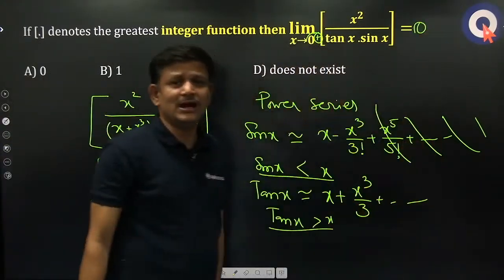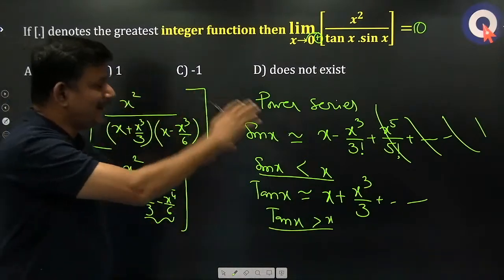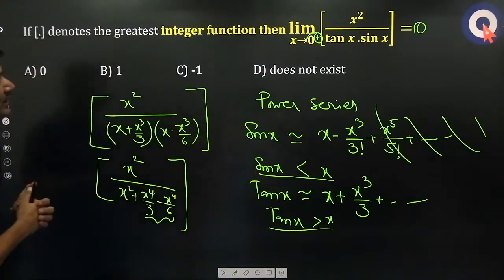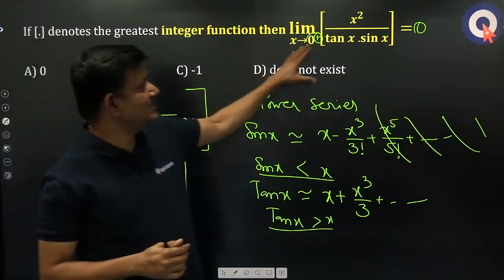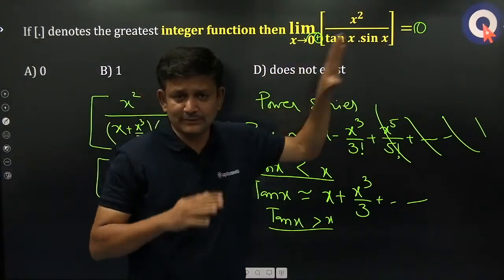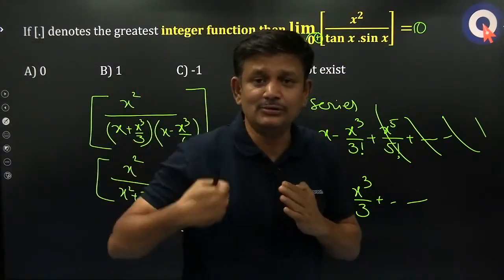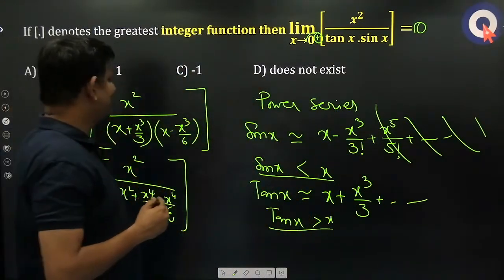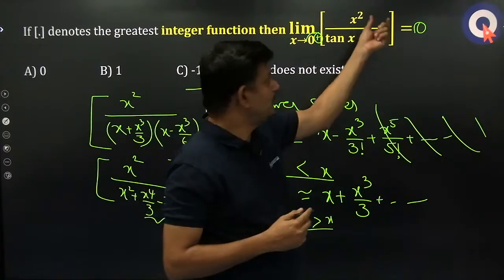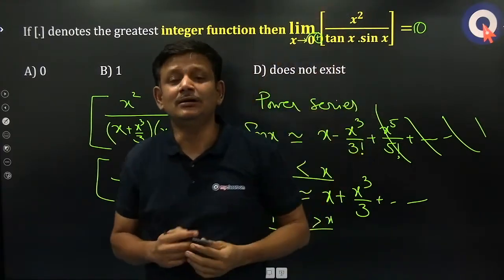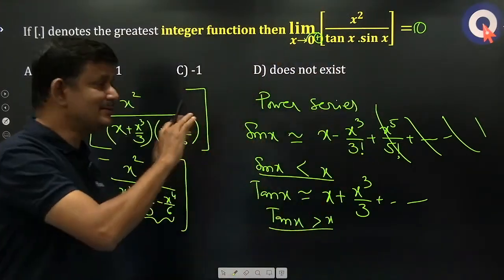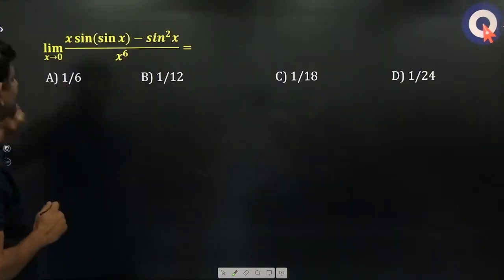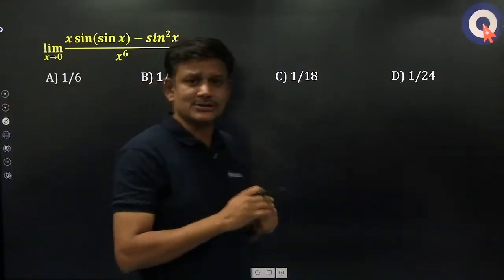So for doing one single question, you will have plenty of different ways of looking at that question. So where do we start? This is an even function. So whatever is the discussion to the left hand side of 0, the same discussion will be there to the right hand side of 0. To understand whether the limit is 0 or 1, you need to see whether the numerator is greater or the denominator is greater. That is the simplest question altogether. Next question,